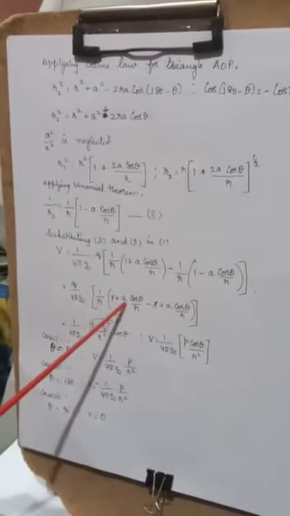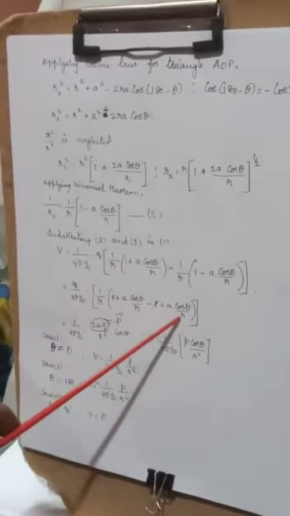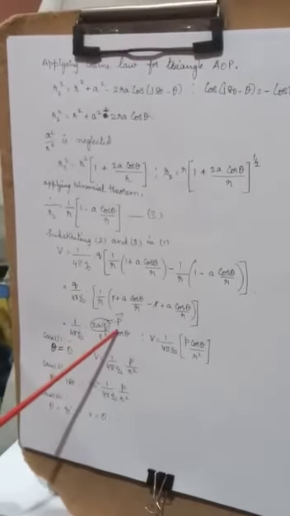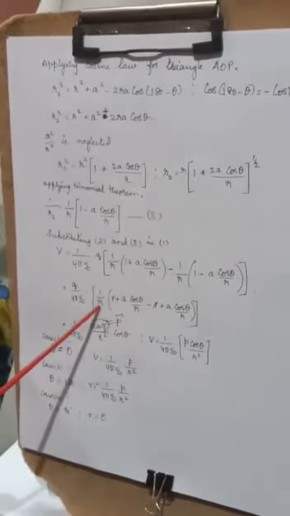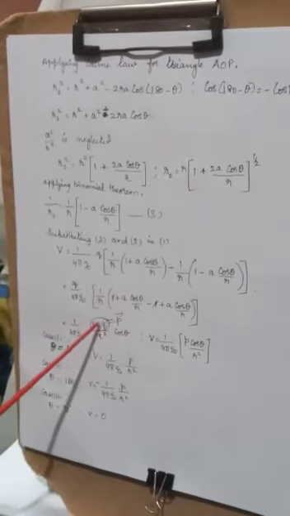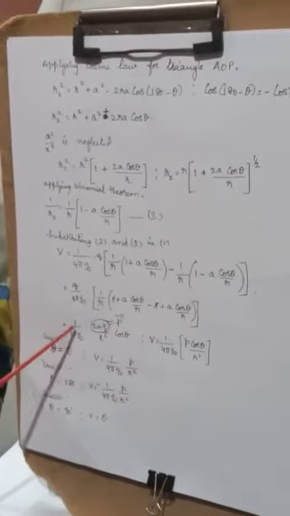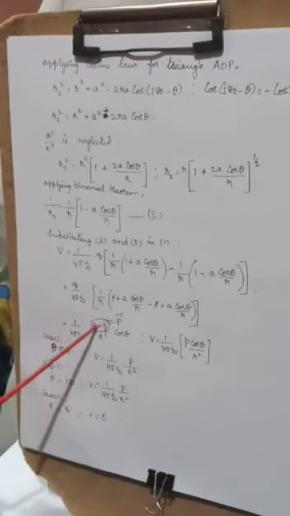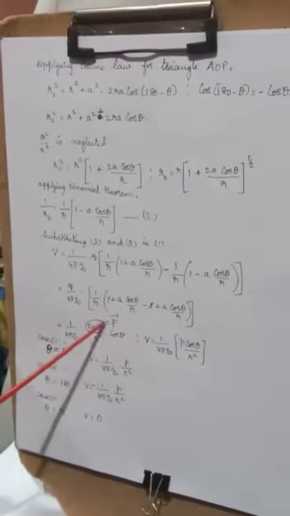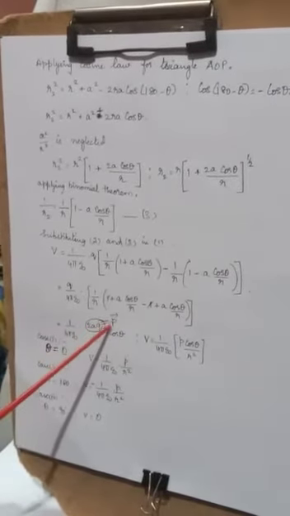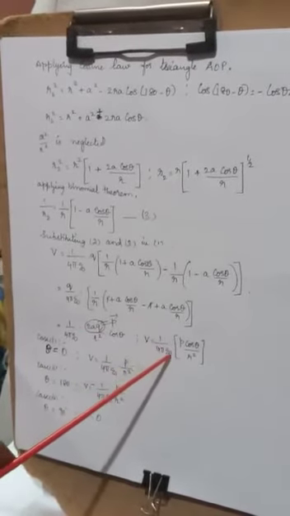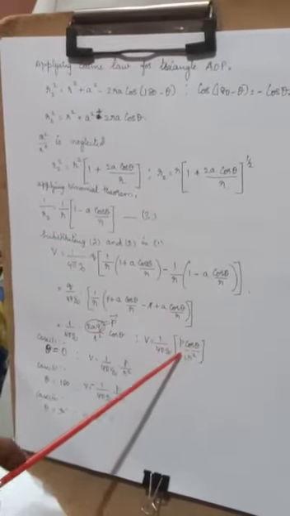Then this is plus a cos theta by r plus a cos theta by r, what it will give me, 2a cos theta by r, already an r square. Then here also you have a plus 2a. So this gives me 1 by 4 pi epsilon naught 2aq by r square into cos theta, where this is nothing but moment, so p vector. So v is equal to 1 by 4 pi epsilon naught p cos theta by r.